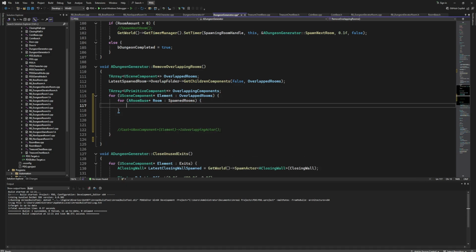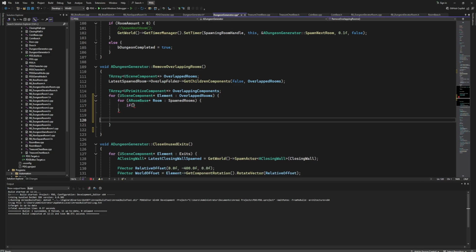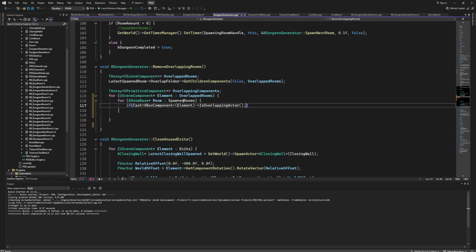And now what we are going to do, we are just going to check if, now we need to uncomment this, copy that, and we need to check if our box component of our latest spawned room is overlapping with any of our rooms. Okay, so we are just going to pass in this room, because we are doing the for each loop, and basically